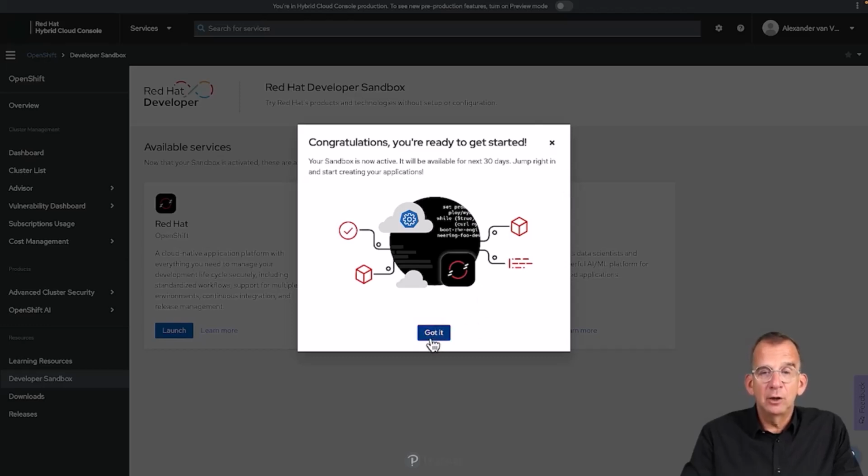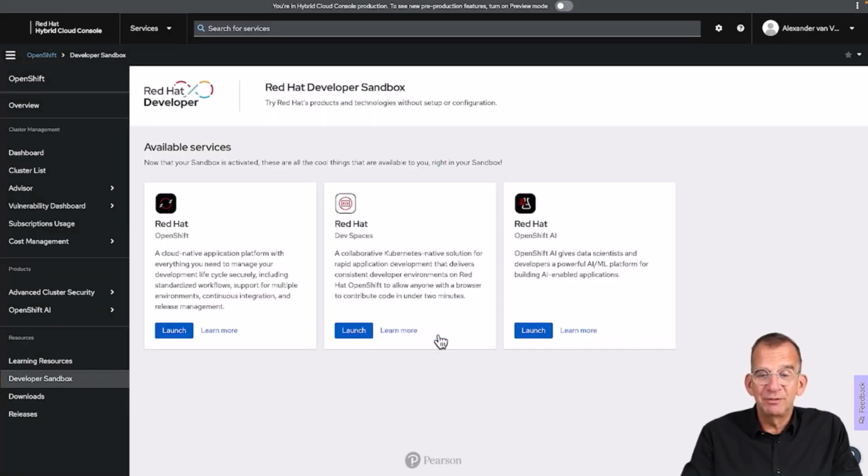So I got it, and it will be available for the next 30 days. That's what I was telling you. You can work with it for 30 days, then it expires, and if you want to continue working with the OpenShift Sandbox, you need to activate it again. Now you can see the services that are available. Very interesting that it also offers Red Hat OpenShift AI. I'd love to tell you about that on another occasion, but for now we go for Red Hat OpenShift. I'm clicking Launch,